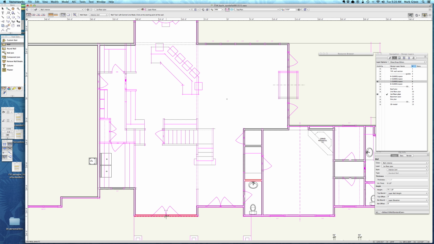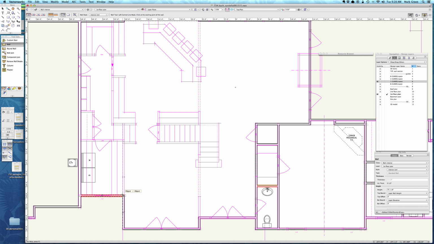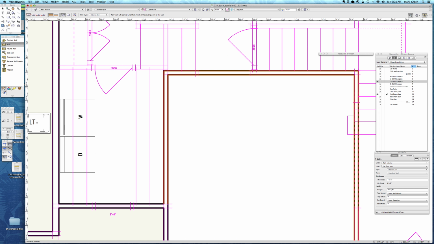So let's say we're just going to partition off this dining room wall. You could start down here and just draw around the dining room, because that's keeping with the clockwise rotation. And then let's say you were going to do this laundry room next. Instead of drawing over to here and then down,